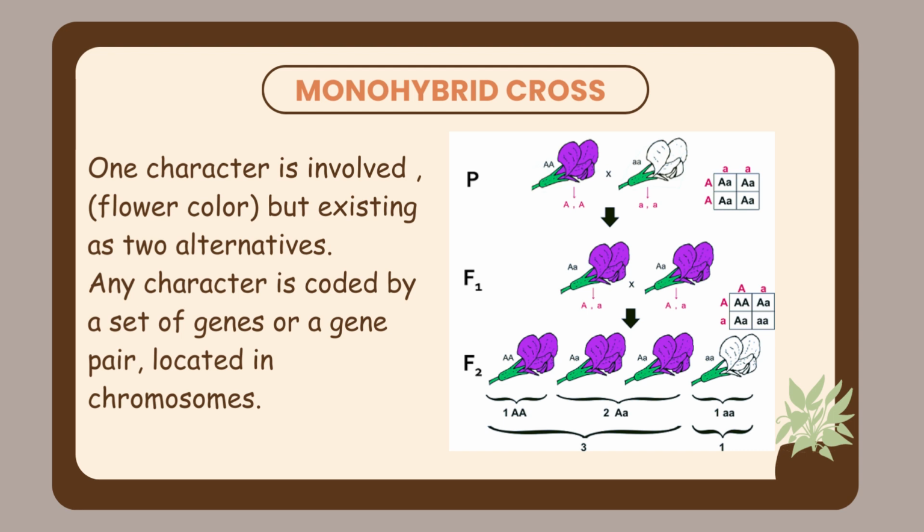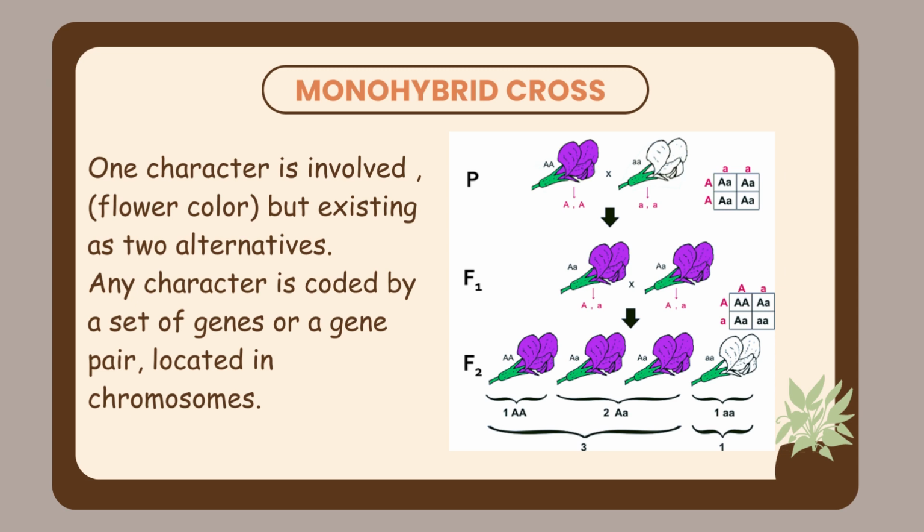So we have one letter A here in the small letter, while the rest have the big letter A, which represents the purple flower. Now, the ratio of phenotype is 3 is to 1, where the phenotype represents the color or the dominant trait of the flower. 3 is to 1 because we have 3 purple and 1 white,